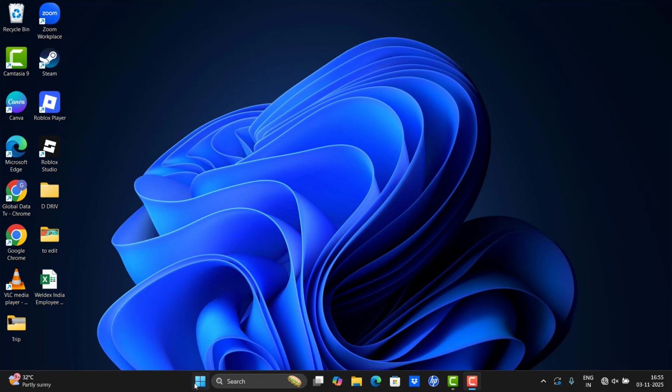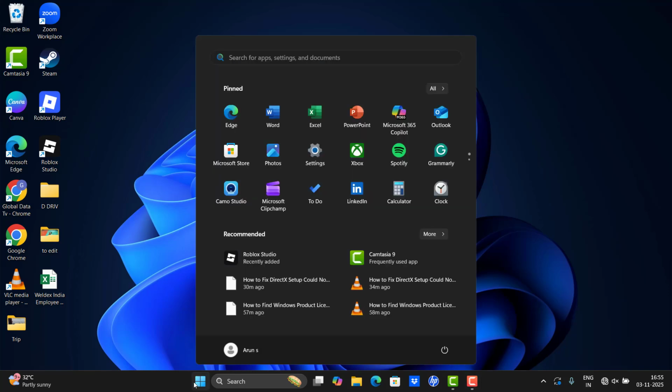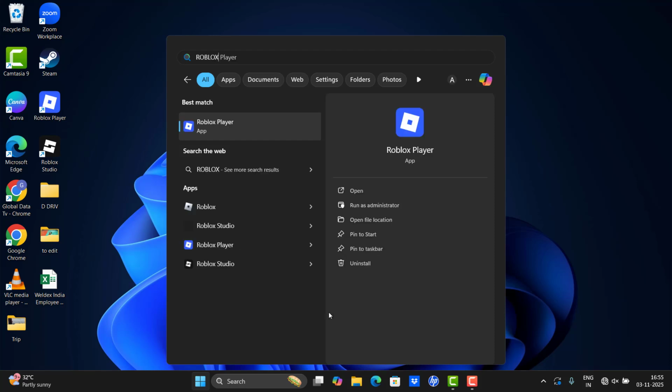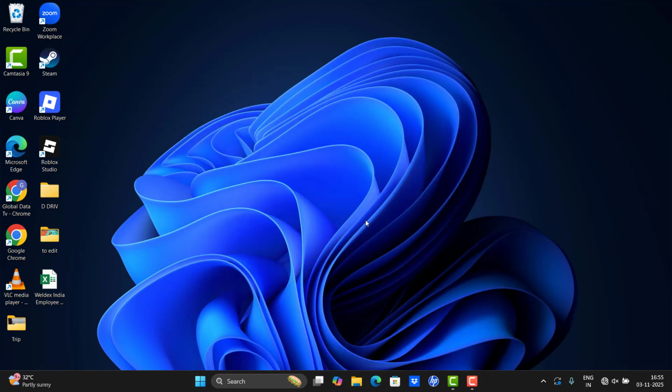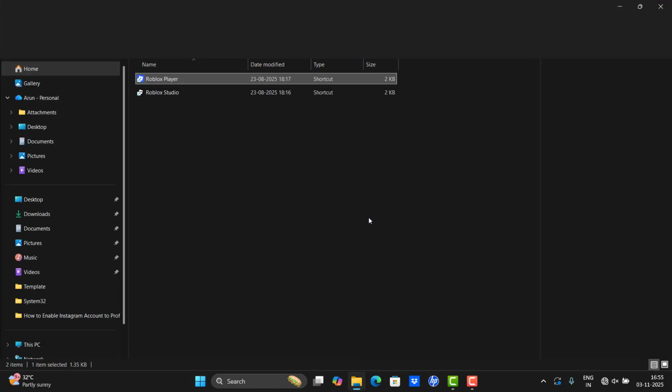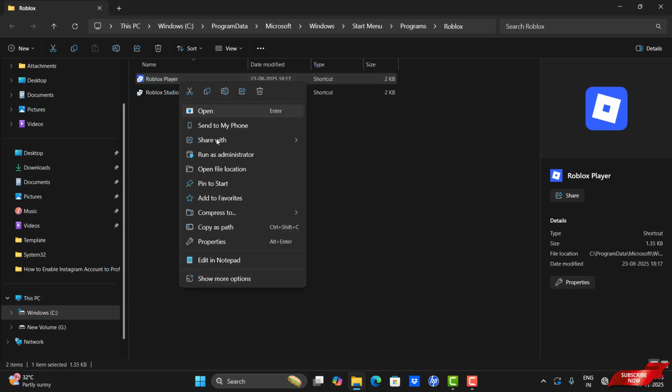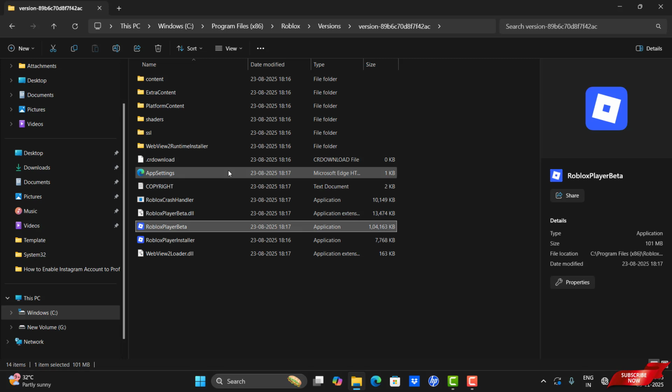So to get the old cursor back, you need to enter into the file location. For that, please search Roblox and you may get the option like open file location. Just hit into it, and over there please right click the application and then click open file location. Over the folder you need to click the content folder,